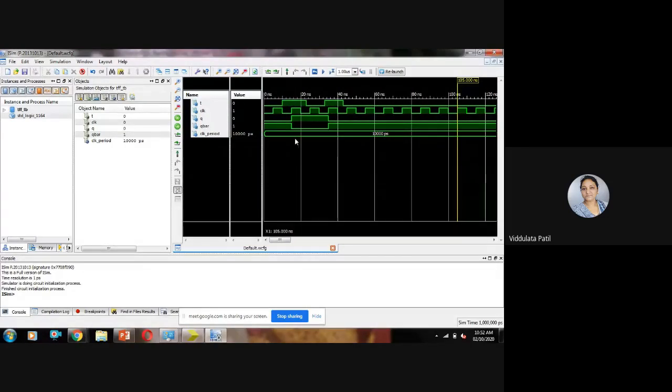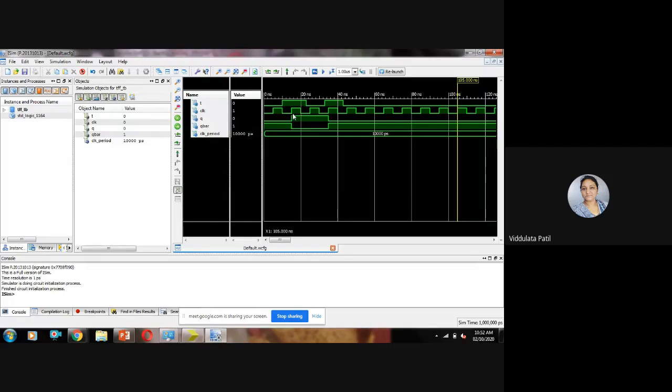Now here you can see that when t is equal to 0, as we have initialized the temp value to 0, that means we are making q equal to 0. Obviously, q bar will be equal to 1 in that case. Now it will remain as it is, till t is equal to 0. Now here t becomes 1, but at this stage, as the clock signal is not 1, q will remain as 0 only.